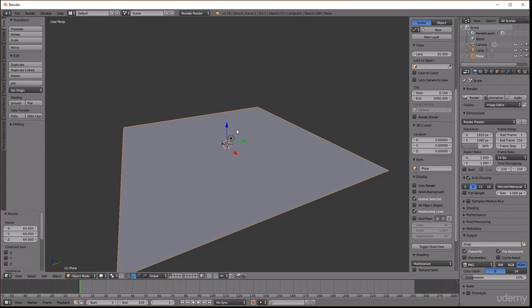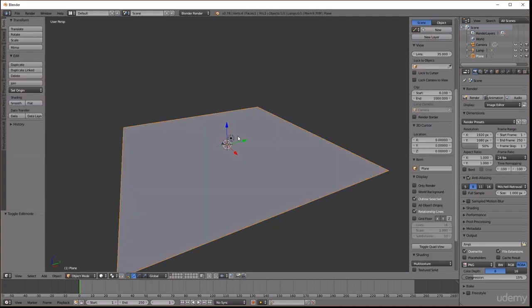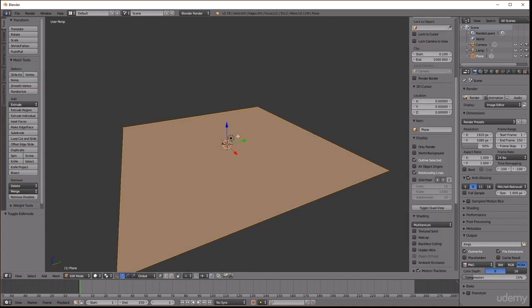Now I want to subdivide this plane, so we need to go into edit mode, and to do that you hit the tab key, which is a toggle. So if you hit it once, you'll see that we go into edit mode down here, and if we hit it again, we'll go back to object mode. So we want to stay in edit mode by hitting tab,